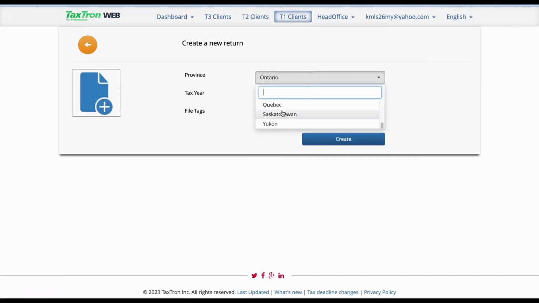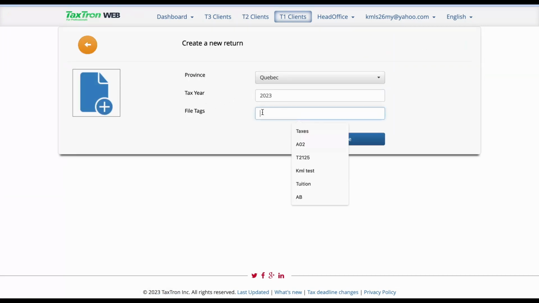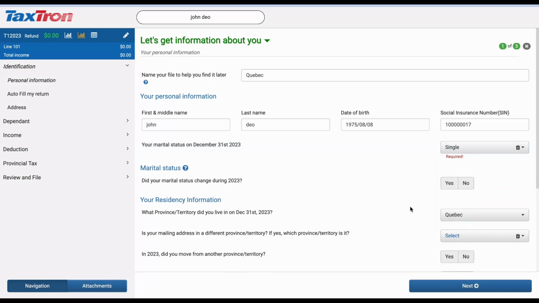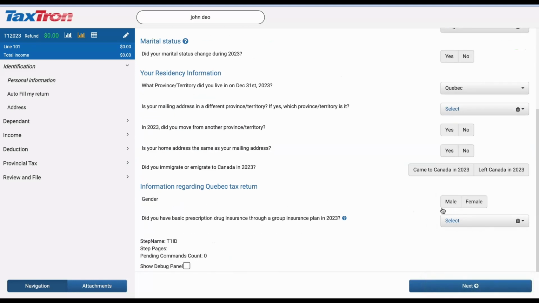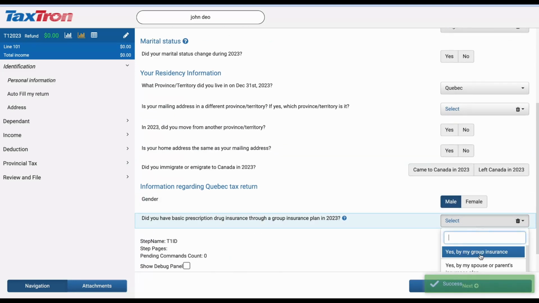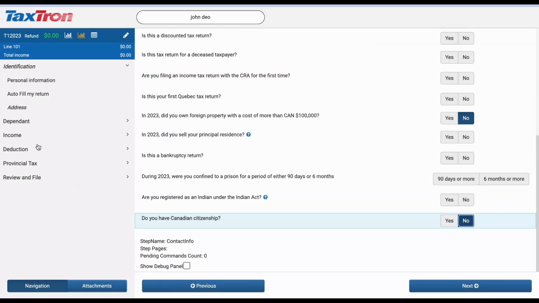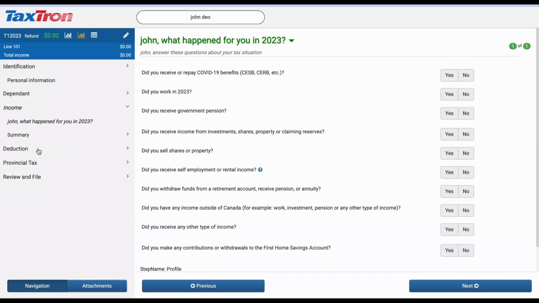Ensure that the province of return is set to Quebec and choose the appropriate tax year. Complete the Personal Information section accurately, including marital status, gender for Quebec province, and prescription drug insurance details, and click Next. Navigate to the Income section from the left navigation bar and respond to the question, "Did you work in